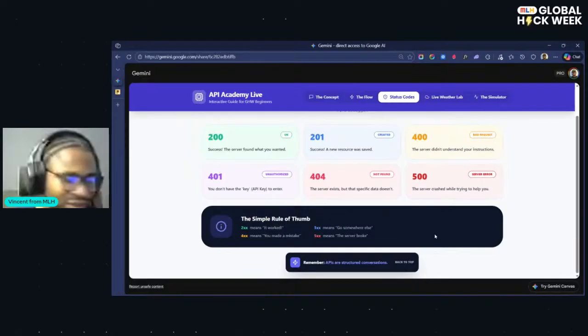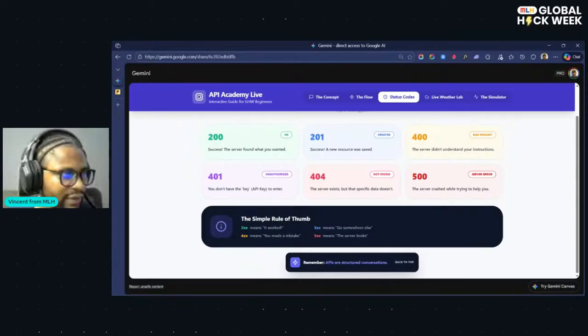So in simple terms, 200 means it's worked, everything is okay. You can also say 300 means go somewhere else, this is not where you want to go. More like redirecting from one place to another. So 400 usually means that you made a mistake: it's a bad request, not authorized, or whatever you're looking for is not found.